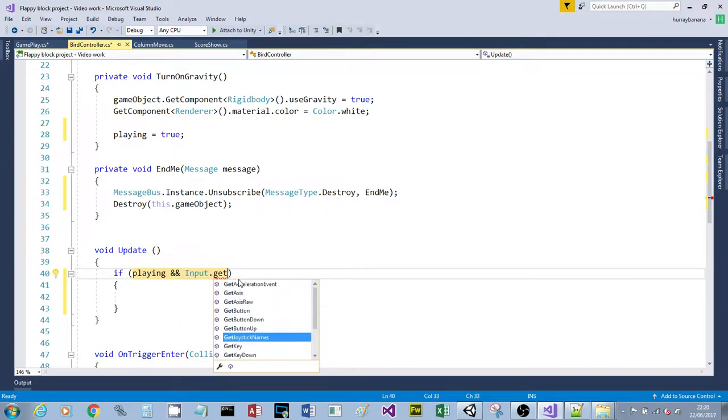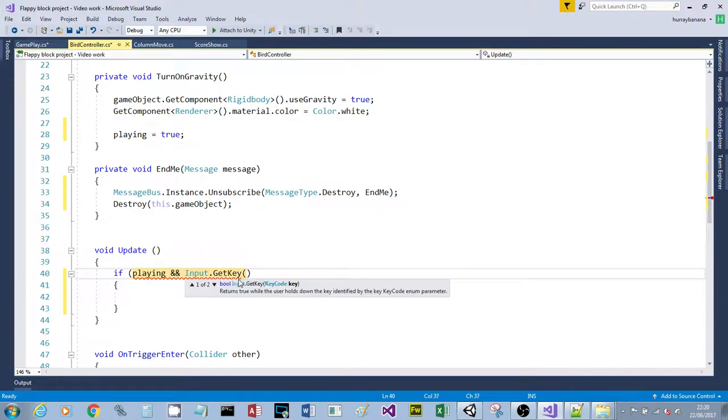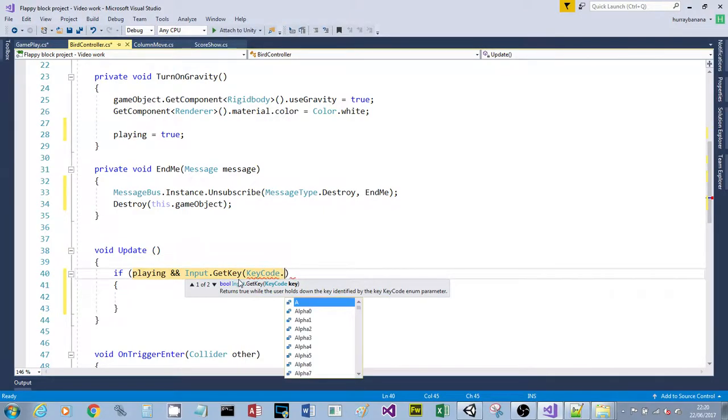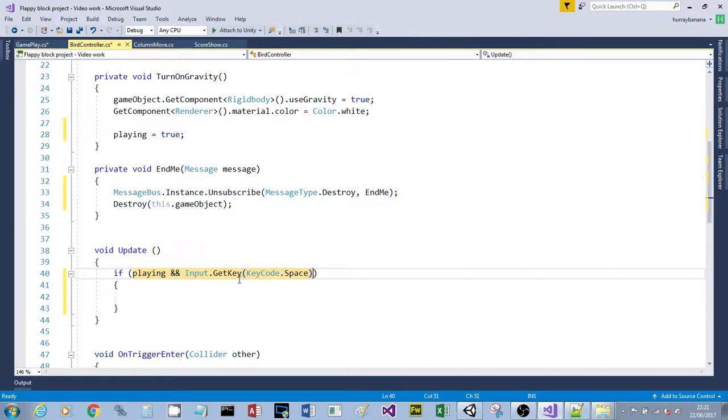Input.GetKey, and then open a left bracket, and then we say key code. It's a bit of a mouthful. Key code dot space. So use the picker so you don't spell it wrong. Put a right bracket. Don't put a semicolon at the end. We don't need to in this case. So that's our if. So we can say if that's true, then we're going to allow the user to jump